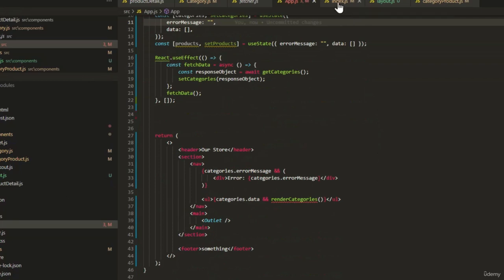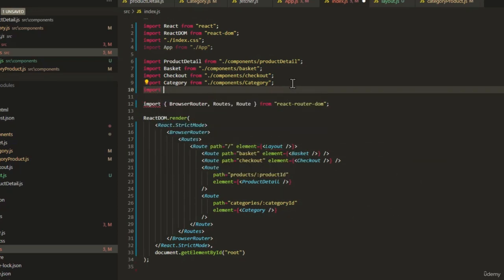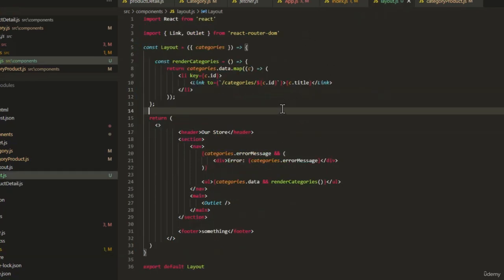Let's now go back to our route, which is here. And we're going to change it from where it says app. We're going to change that to layout. Of course, we need to import that new layout in. So let's do import layout like that. But of course, in our layout.js, we need to